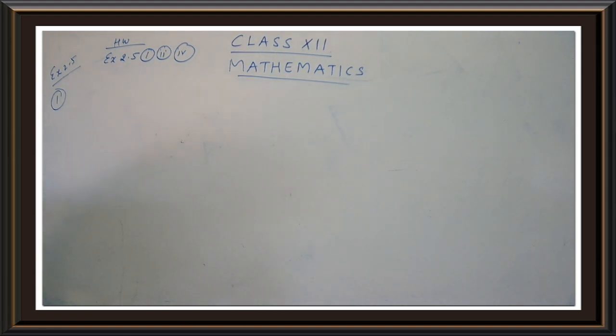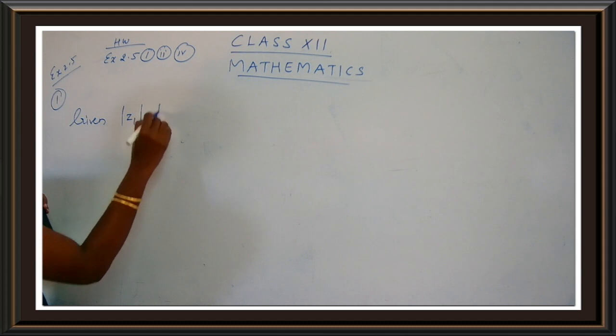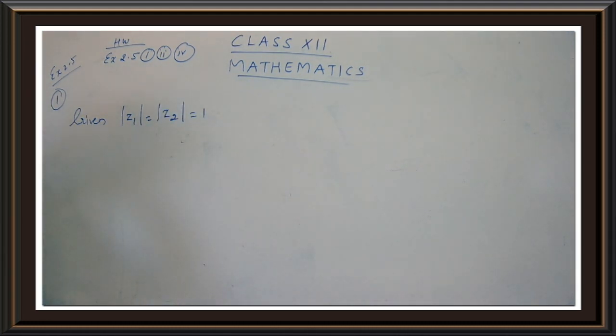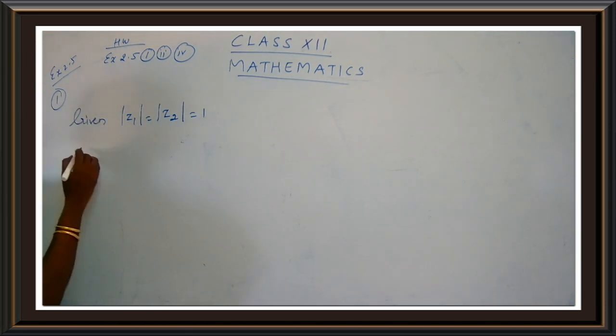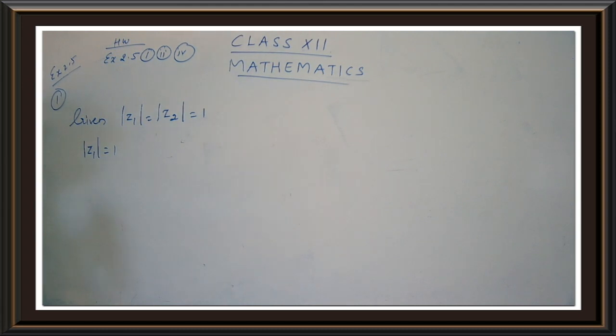Write down. Given modulus of Z1 is equal to modulus of Z2 is equal to 1. This is given to us. So I am going to take the first part here. Z1 modulus is equal to 1. Okay, children. So modulus of Z1 is equal to 1. So this gives you Z into